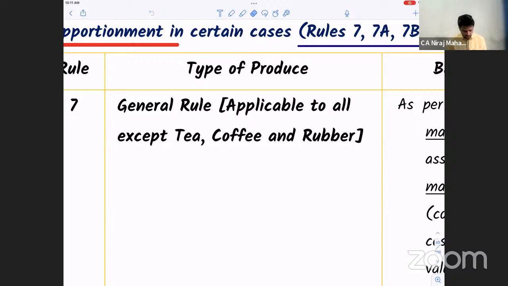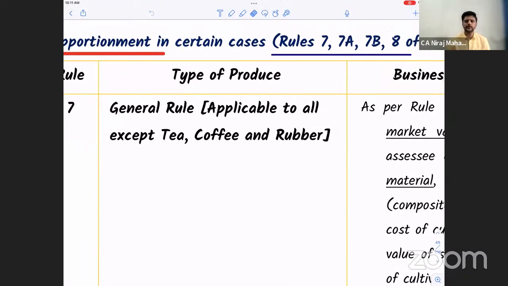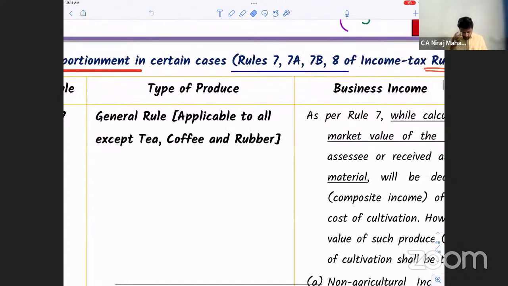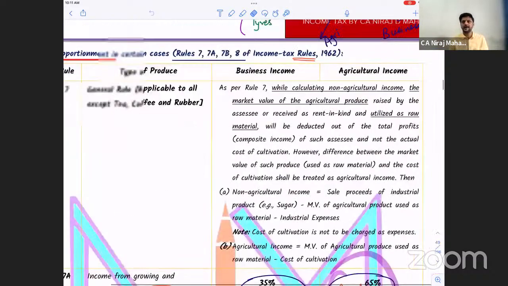Simple examples here will be sugar cane and sugar, from sugar cane to sugar. That is one of the easiest examples. Or like I told you, tomato ketchup, potato chips, etc. Now pay attention. Here we do not have a standard bifurcation. Impossible, because I can't compare tomato ketchup with potato chips. How much processing is going into it?